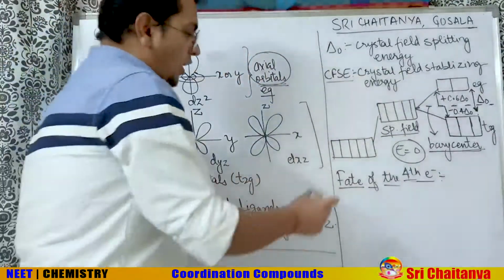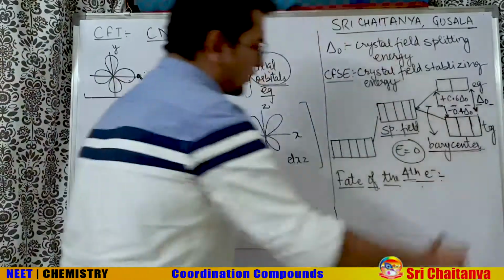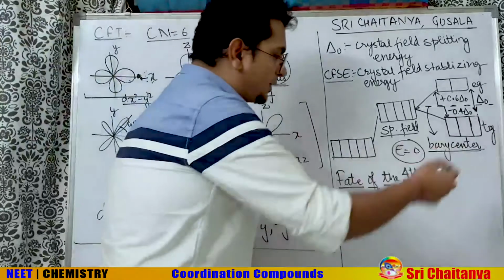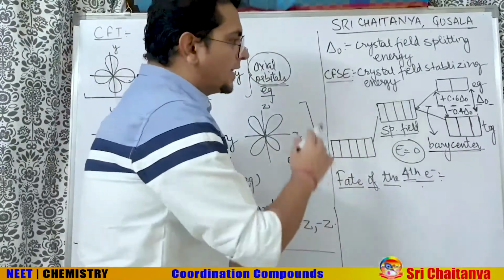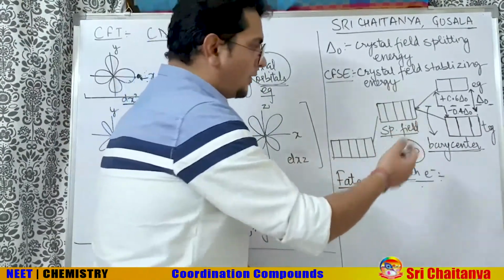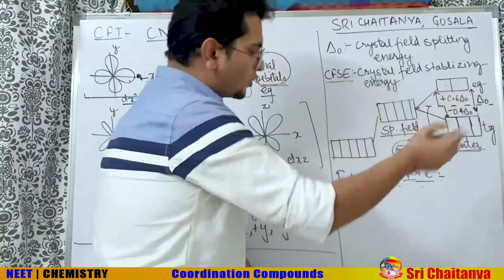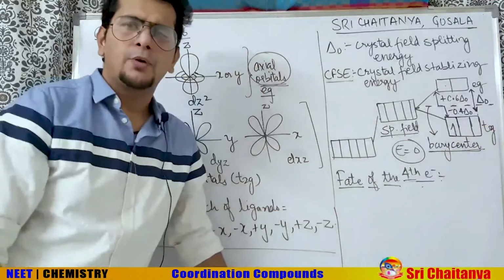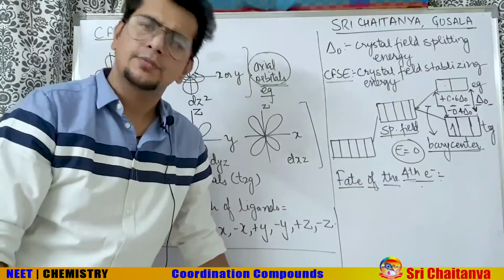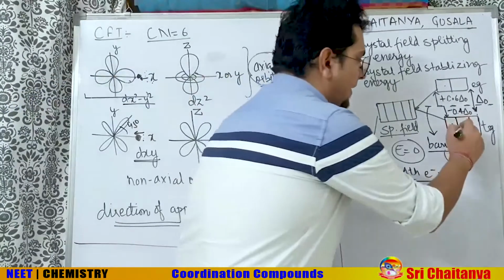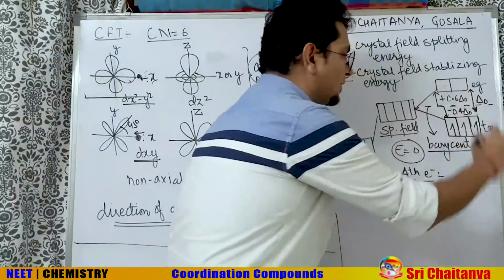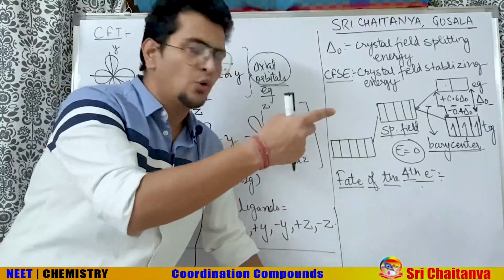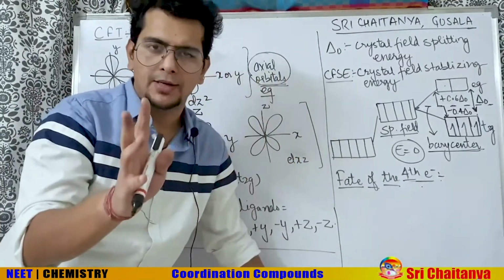Chaliye bhai sahab. So now we are talking about the fate of the fourth electron. Bhaiya, very nice sweet topic it is. See what happens. Fate of the fourth. What does it mean? When the electrons are filled, now we will fill the electron here. So when I fill, the first electron enters into T2g. Aufbau principle is followed, lower energy orbital is filled first. Then the second one is filled here, then the third one is filled here. So when the first 3 electrons are filled, there is no problem because we have the lower energy orbital T2g, there is no problem at all.